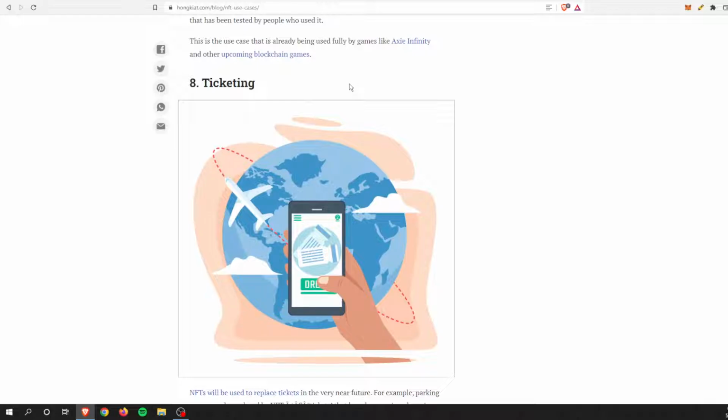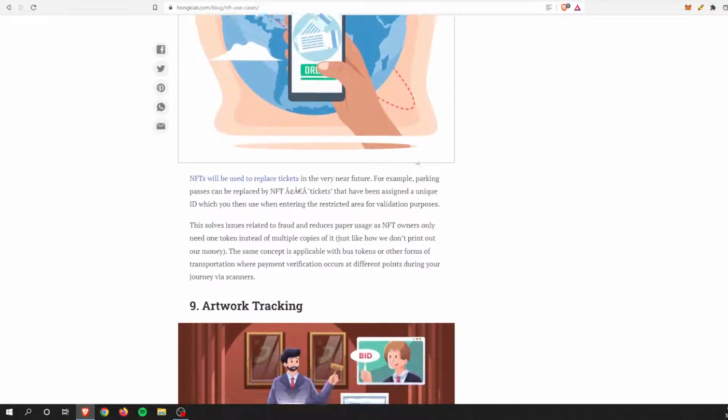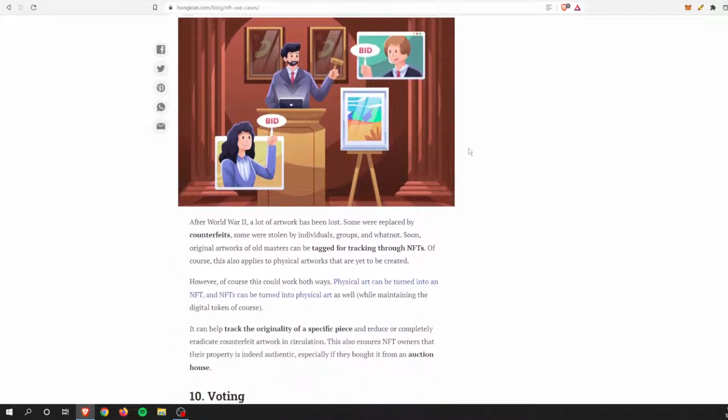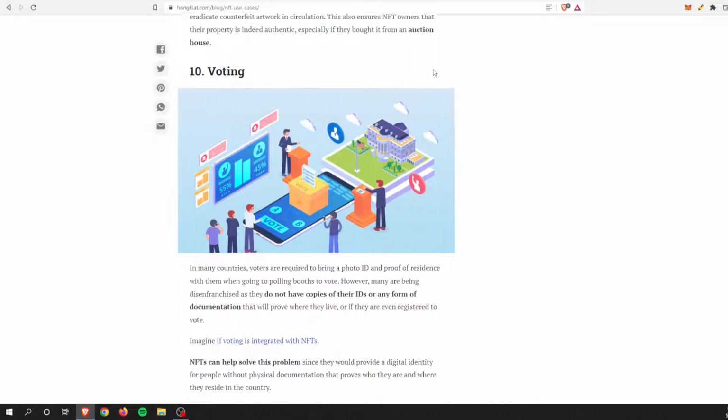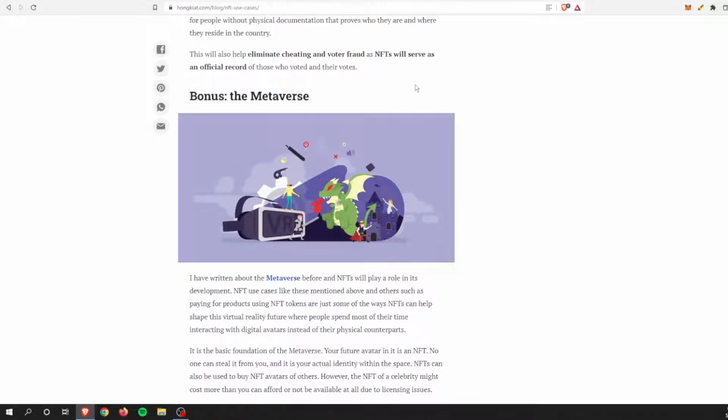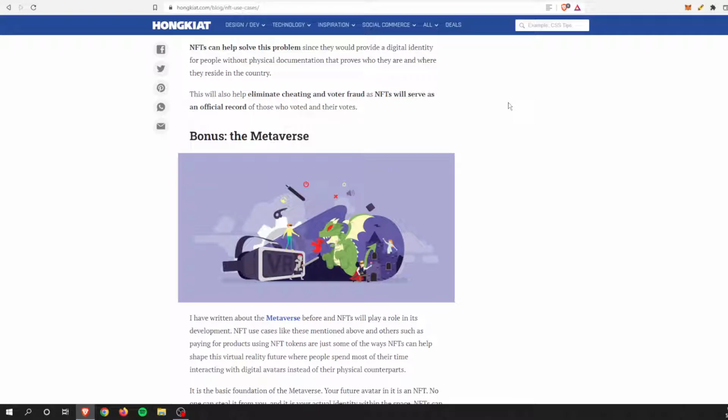Ticketing is a big one, and I think that will happen sooner rather than later. I can't wait for Ticketmaster to just disappear because, like I said, you could sell a ticket still, even if you purchased it from a digital NFT version of Ticketmaster with a bunch less fees. You could buy it and it would be 100% your ticket, and then you could resell it however you wanted to. And it's just that easy. You don't have to pay $5,000 worth of fees. Artwork tracking, voting would be another huge use case. I think that'll be a while. And then the metaverse, of course. So there's a bunch of different use cases for